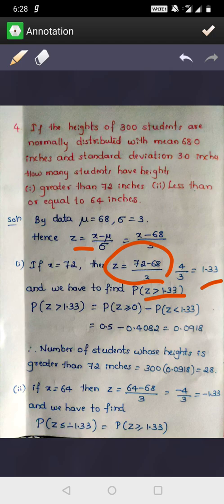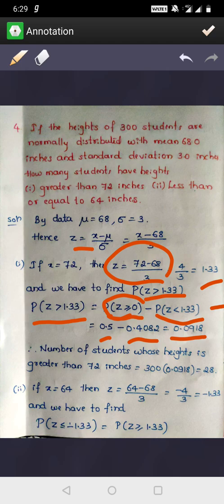1.33. So according to our formula, probability of z greater than 1.33 can be written as probability of z greater than or equal to 0 minus probability of z less than 1.33. For this we have a standard value, that is 0.5, minus, from the probability distribution table, phi of 1.33 is 0.4082. When you subtract these two, we will get